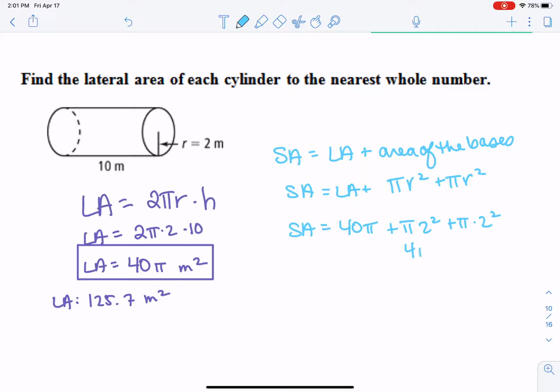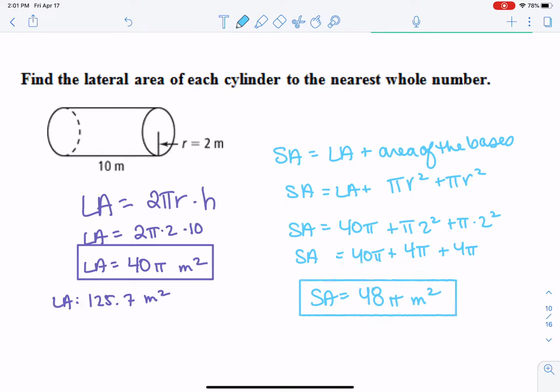So we'll have 4 pi plus 4 pi plus 40 pi, which gives me a total of 48 pi meters squared. And again, if you would like to type that in your calculator, you can. You'll get about